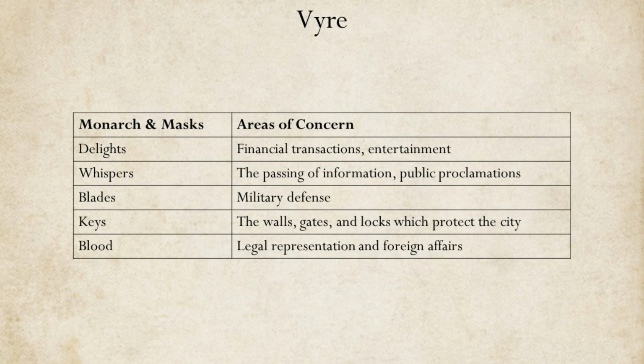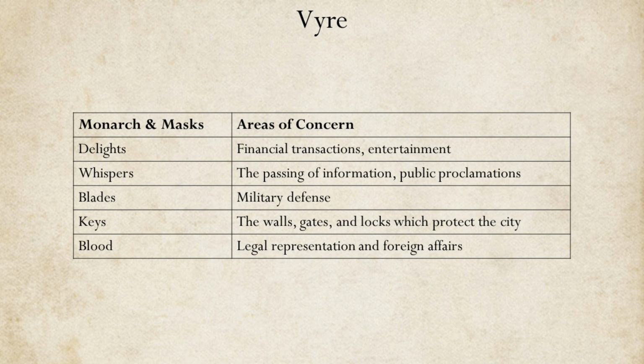Of course, the 5 promises would mean little for the city without an enforcement mechanism of some kind, and this is where the city government, such as it is, steps in. Vyre is ruled by 5 so-called monarchs, the kings and queens of Vyre. The positions of king and queen are semi-official, and each one grants the authority to enforce order and inflict punishment as the monarch sees fit, at least within that monarch's traditional area of influence. Each monarch also takes command of one of the 5 masks of Vyre, the name for the branches of the city watch. I've made this little table to help sort out the areas of concern which pertain to each monarch.